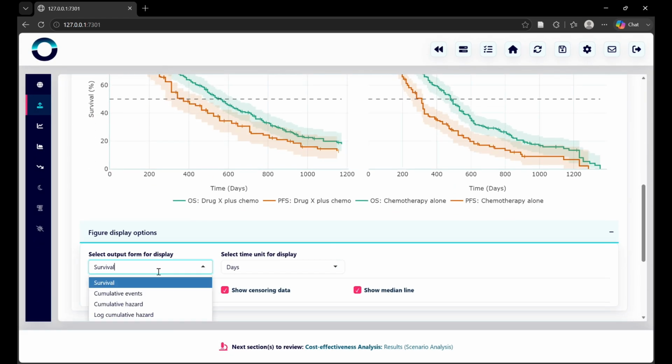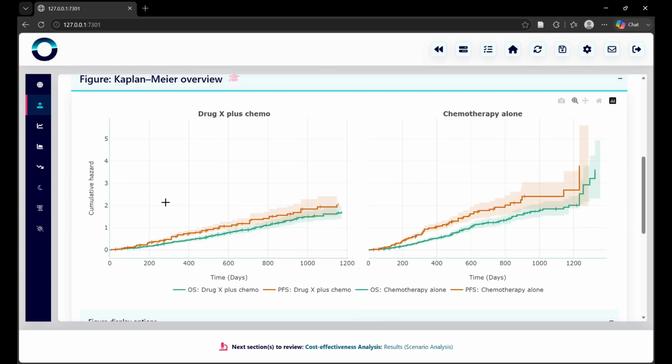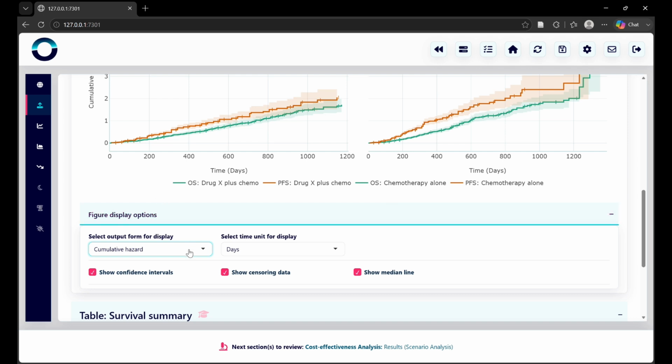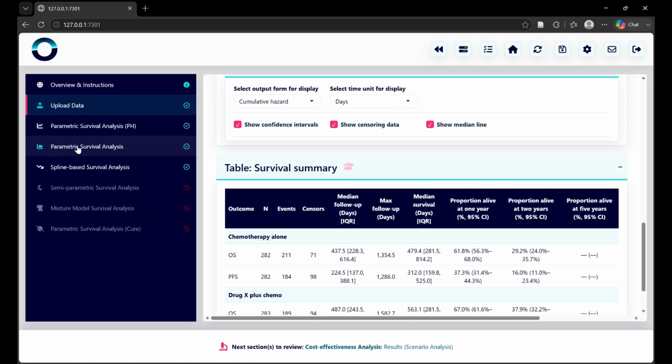We've also got the optionality to look at different forms of survival data. So, for example, we can look at the cumulative hazard here, log plots, cumulative events, and the log cumulative hazard, and a couple of display options there as well. In the table below, we then summarize the Kaplan-Meier data, so with median information and the proportion alive at different time points, number of events, number of censors, etc. And inputting this data then allows us to move forwards to our other more comprehensive survival analysis